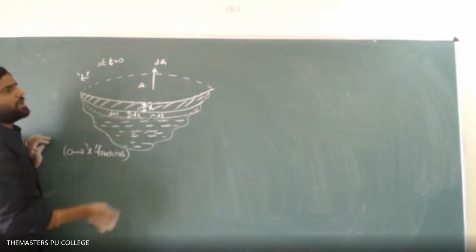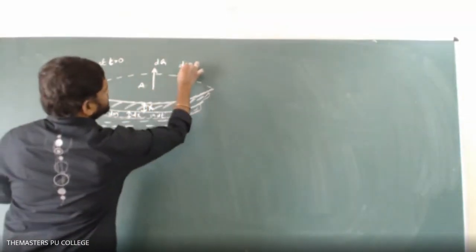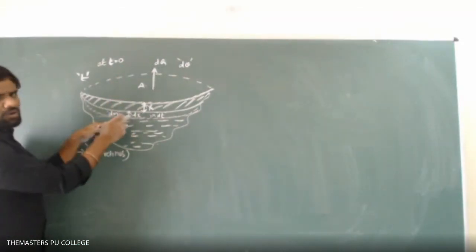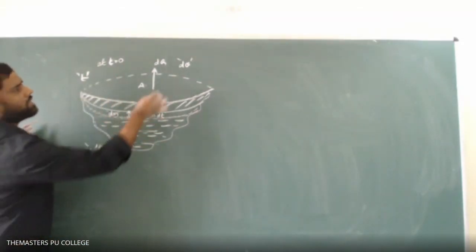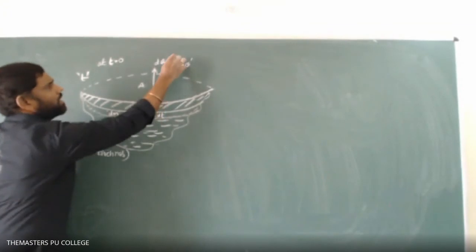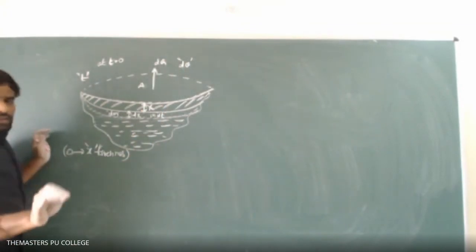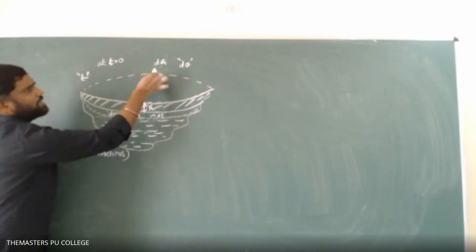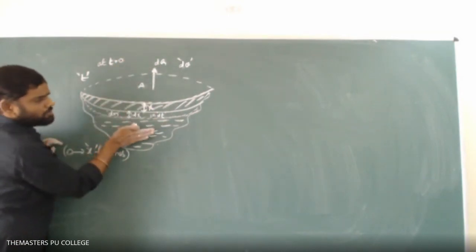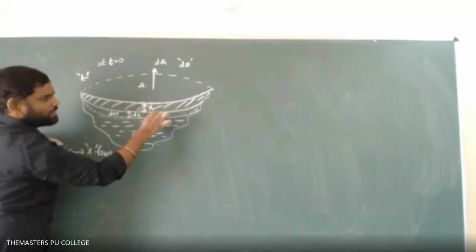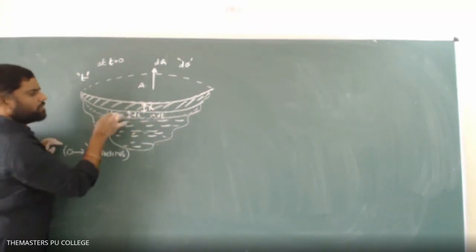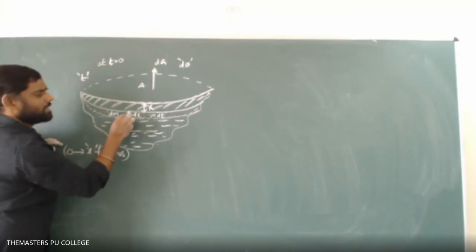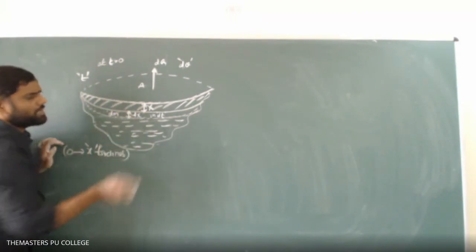Lake area A, and delta theta is the temperature difference between the atmosphere and the water. Observe clearly. At this instant, dQ amount of heat escapes from the water through this ice layer in a time dt, so that dm amount of water is frozen into ice, and the ice layer thickness is increased by dx.